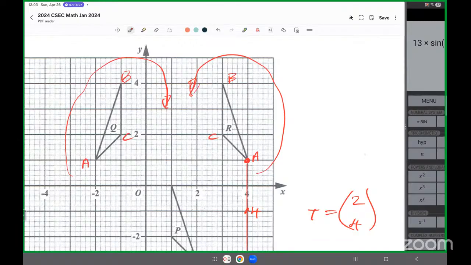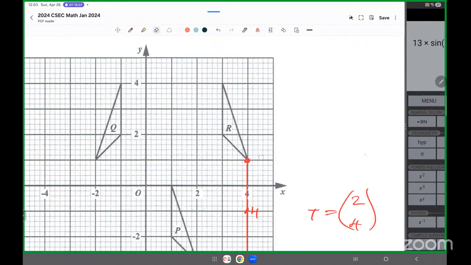And once the orientation is reversed, you have a reflection in a line. A lot of the times, we confuse reflection with rotation. To make the distinction, we can just check the orientation. If the orientation is reversed, it means we have a reflection in a line. Reflection in a line is the only transformation that reverses the orientation. Orientation is how the letters go around the object in alphabetical order. Right? So that is it. By so doing, we know that the orientation has been reversed, and so we have a reflection in a